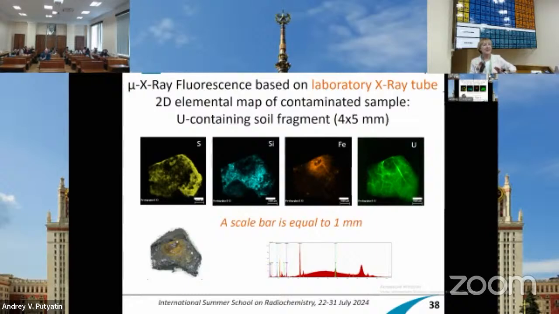And let's compare X-ray fluorescence based on a laboratory X-ray tube and on synchrotron X-ray. It is different. If you see the scale bar, it is equal to 1 millimeter. It is uranium, sulfur, silicate and iron mapping of some fragment from contaminated, radioactively contaminated soil. And you have a spectrum, elemental mapping, and this is the optical image of